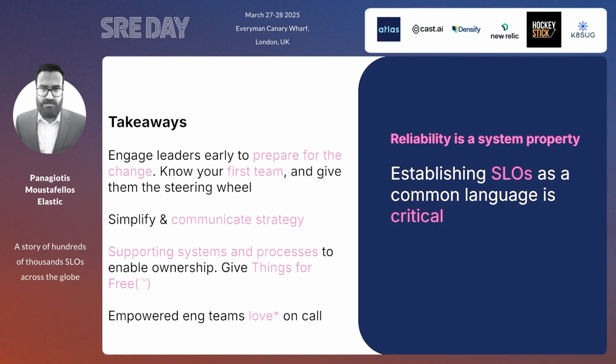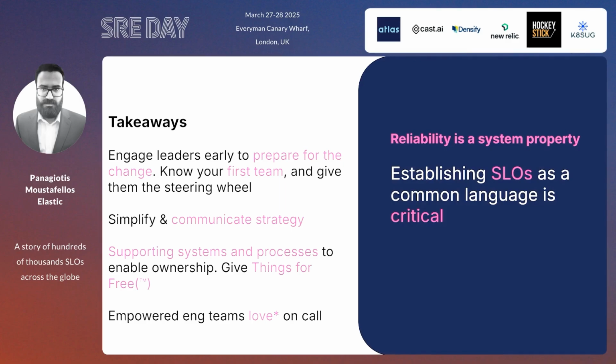And the other thing is, it's not just about establishing a system that tracks SLO levels over time. It's about giving the development teams a set of supporting systems and processes to enable them to own those SLI values, own a great SLO track record, right? So as you saw in the presentation, we provided a ton of things for free. Observability for free if you deploy on Elastic Cloud, several systems around safe deployments, compliance review mechanisms, remote execution with controls type of systems. All of that helps engineering teams to actually love on call.